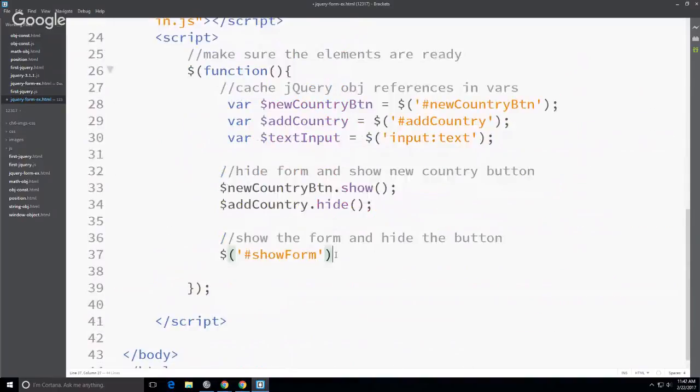So when the user clicks on show form, and then in jQuery, we handle all events with the method on. So this is new information for you. If you want to handle an event in jQuery, you say on. And then we're going to pass in the event and the function that is going to handle the event, right? So that's how it is for all events in jQuery. So in this case, we want to handle click, and then we have an anonymous function to